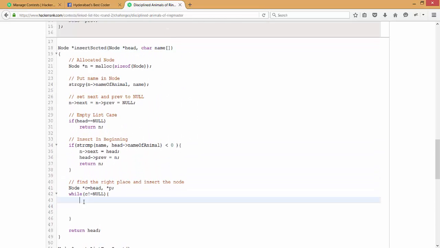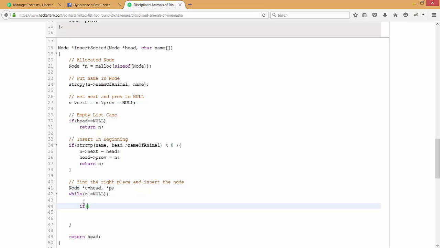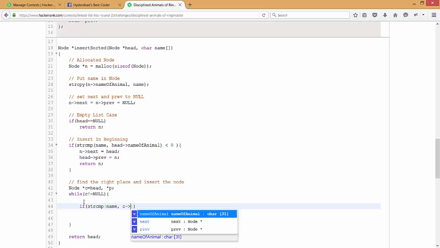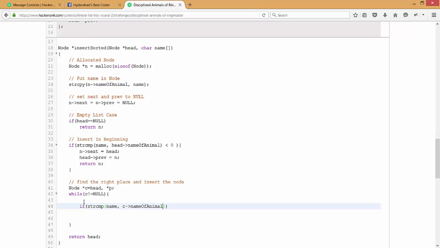So we compare and we say if strcmp, if the name we want to insert, let's say we are inserting cat, is compared with the current element's name, if our name is greater than the next name, what we should do,